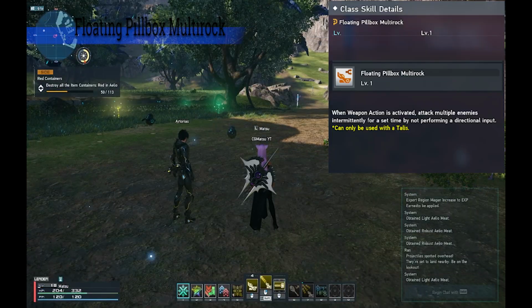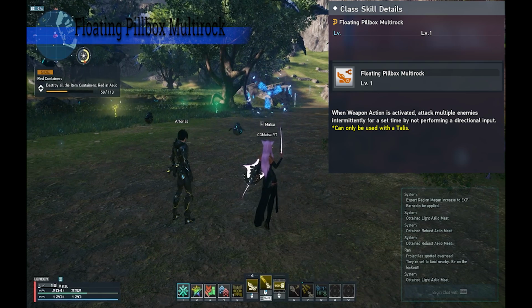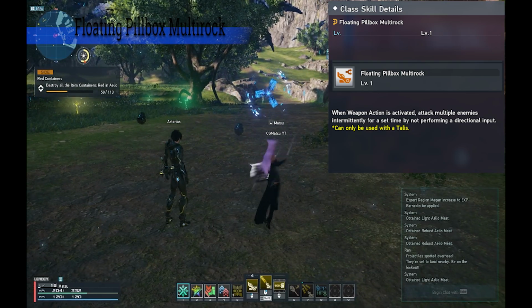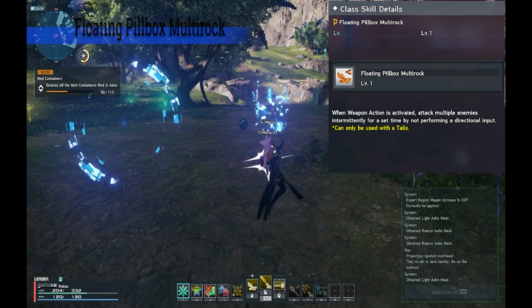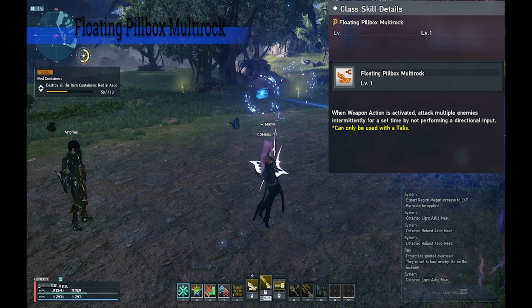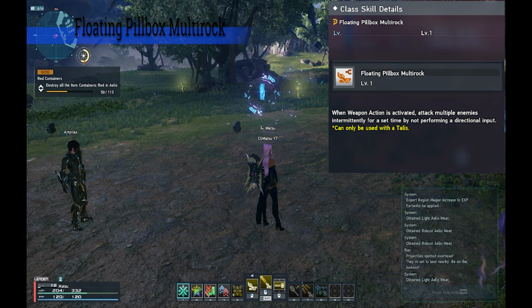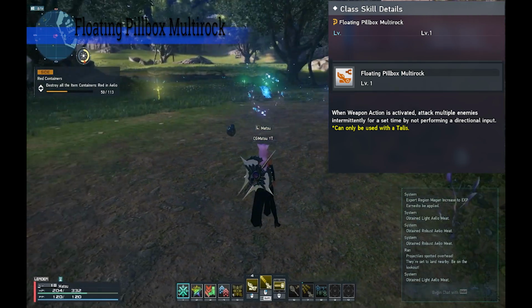The last passive, which is also an active, is the floating multi something. I don't really care what it's called because it sounds dumb, but the weapon action. It reminds me of E from L Sword, who I love. It also allows your talisman to attack up to 3 targets instead of 1 if you don't press a directional key when you